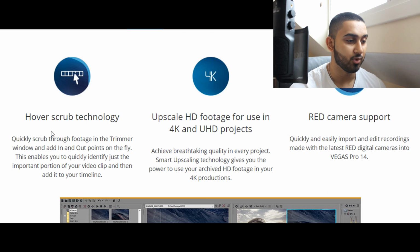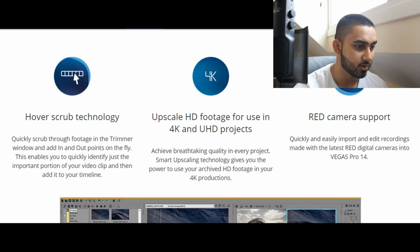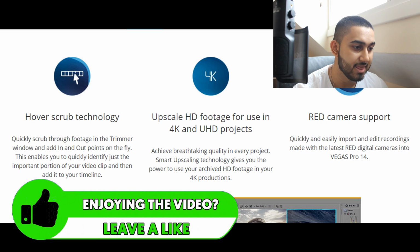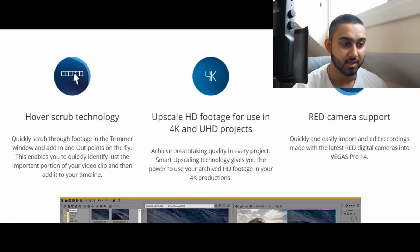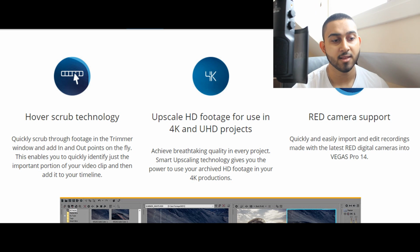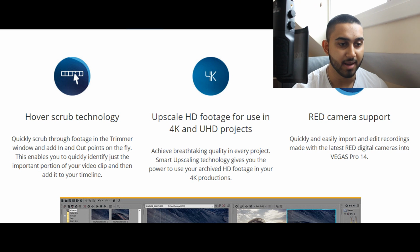So as you can see, a brief summary of the hover scrub is: quickly scrub through footage in the trimmer window and add in and out points on the fly. This enables you to quickly identify just the important portion of your video clip and then add it to your timeline. Now of course, the upscaled HD footage, it just means you are now able to use 4K footage. And then the final thing, quickly and easily import and edit recordings made with the latest red digital cameras into